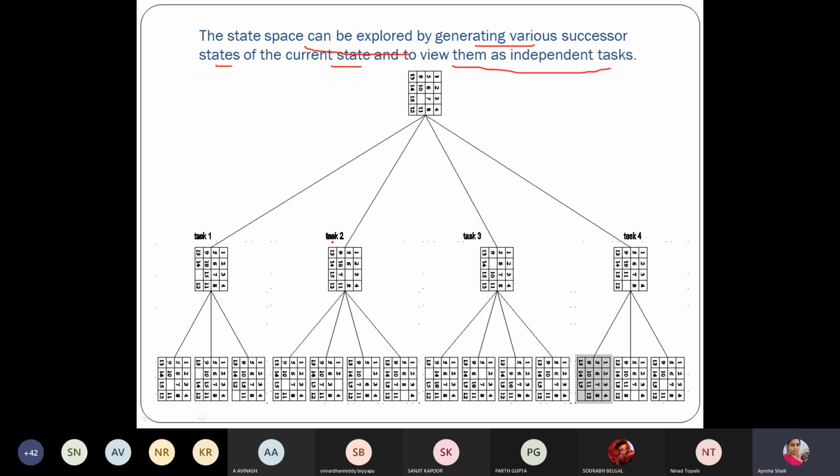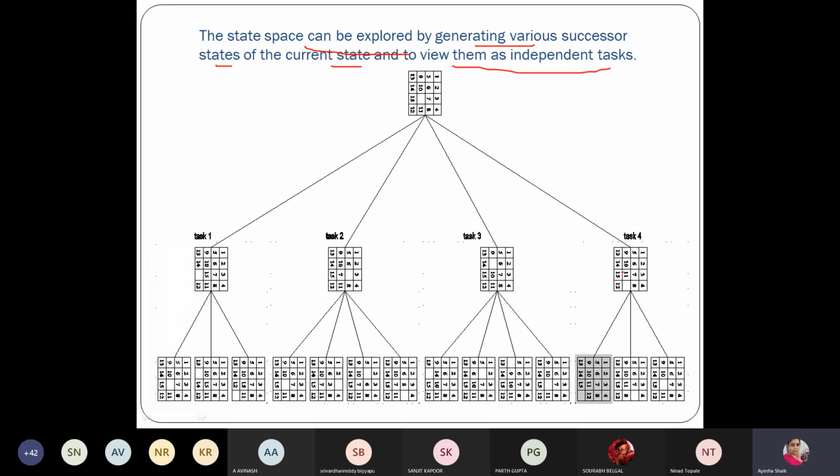And from this state, we have 4 possible next steps. Here there is a blank space, so we can either move 7 up, 3 down, 6 to the right, or 8 to the left. These are the 4 next steps. Given this is the intermediate state, considering this task 3, there is a blank space. We can move either 9 here, 14 here, 6 down, and so on. These are the next steps for it.